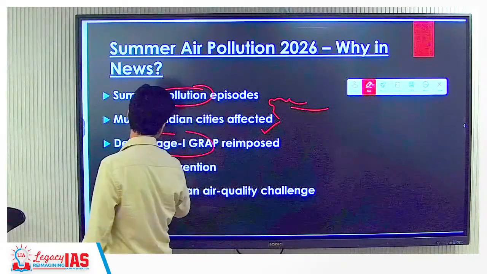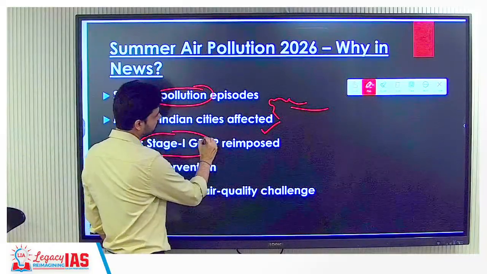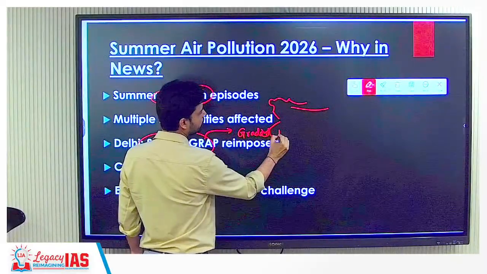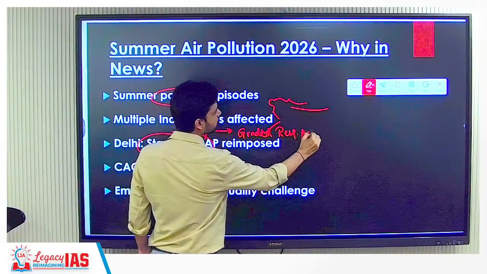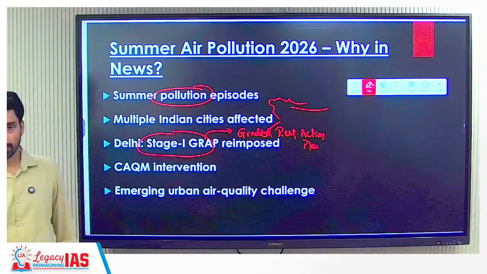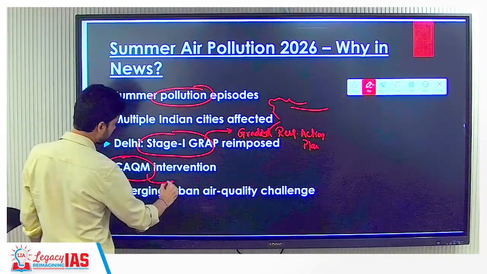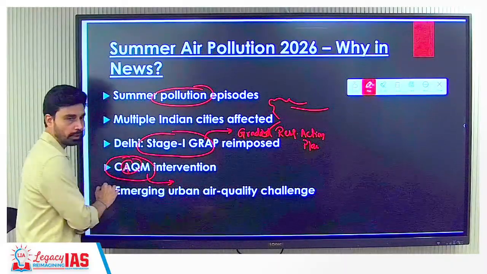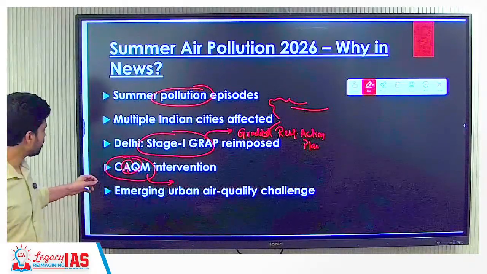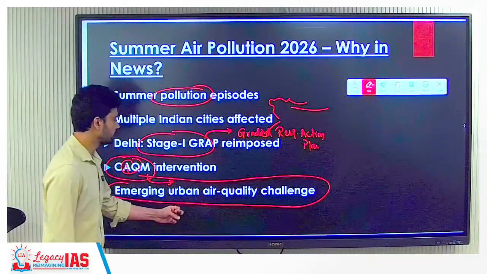Because of this, in Delhi, stage 1 of the Graded Response Action Plan. In Delhi, when the pollution becomes very severe, you have GRAP, the Graded Response Action Plan. This action plan is imposed, and a special committee is set up in Delhi called the Commission on AQM. AQM means Air Quality Management. So CAQM, the Commission on Air Quality Management, starts to intervene, and overall this reflects a growing challenge of